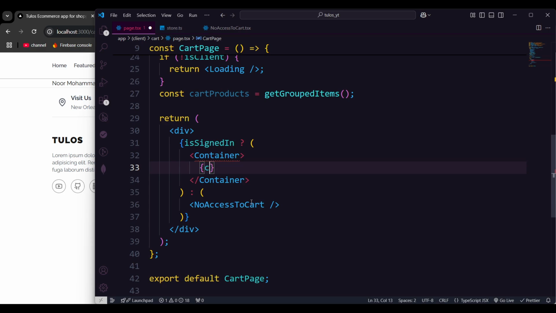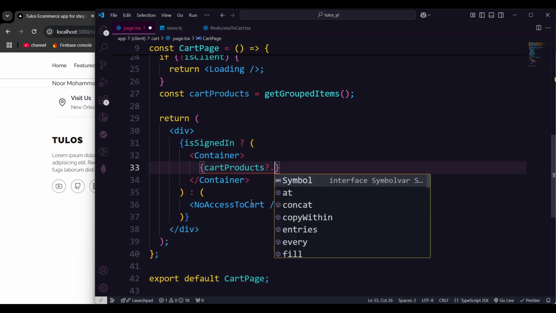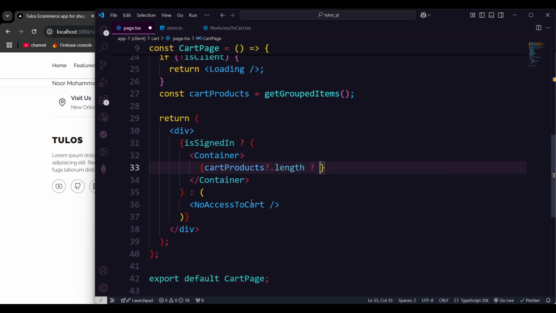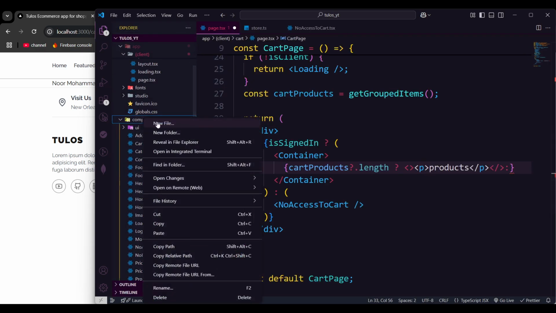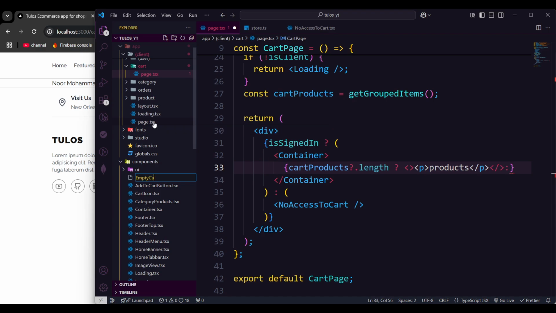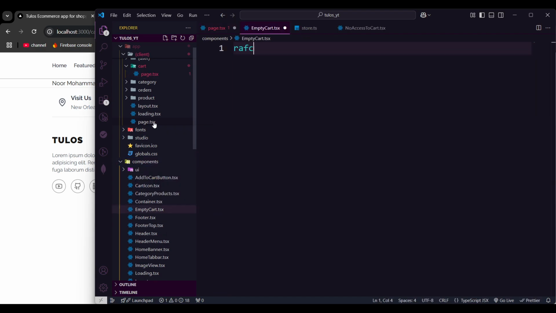If the cart products length is available, then we're gonna pass a self-closing p tag here, products. And if we don't have the cart products, we can pass another simple component which will provide an empty cart scenario. So it should be empty cart.tsx,